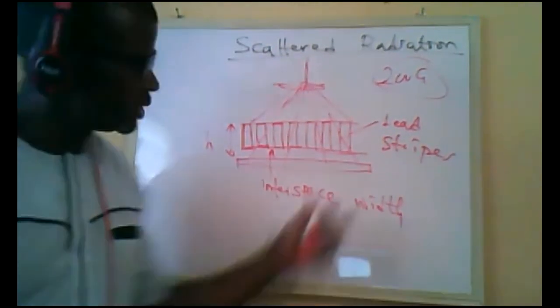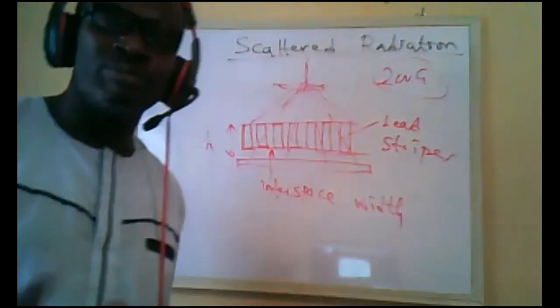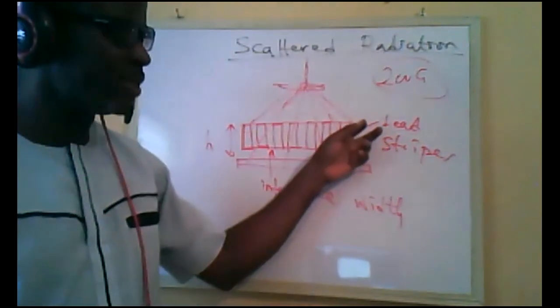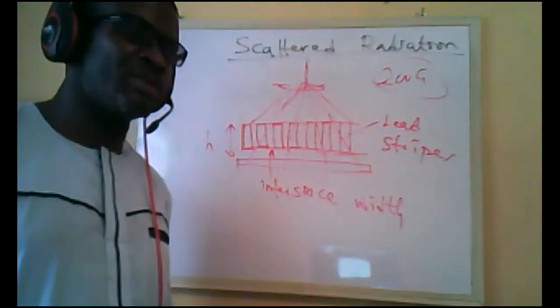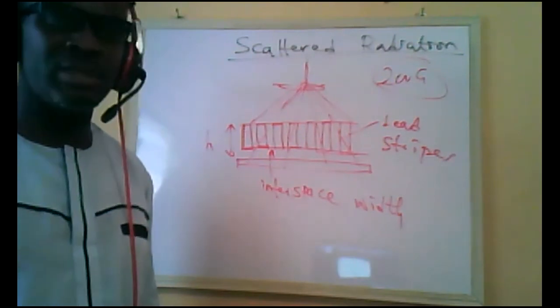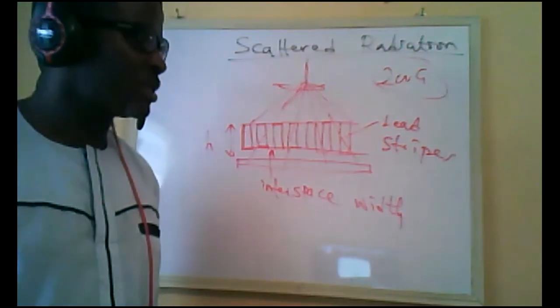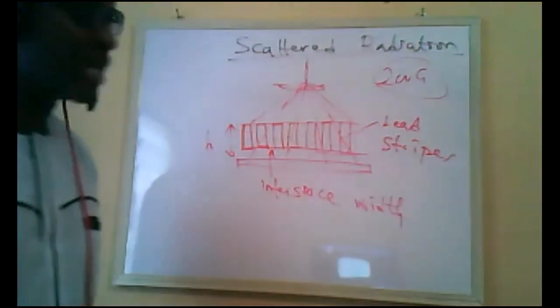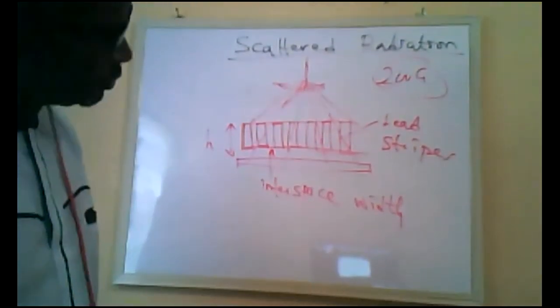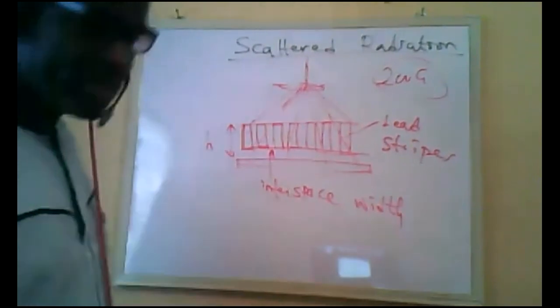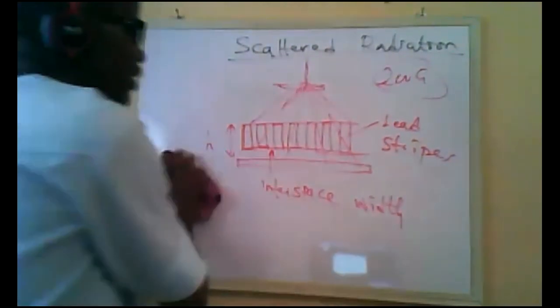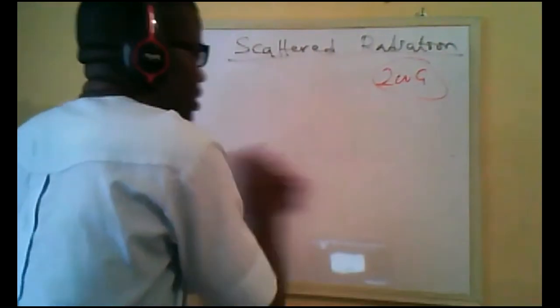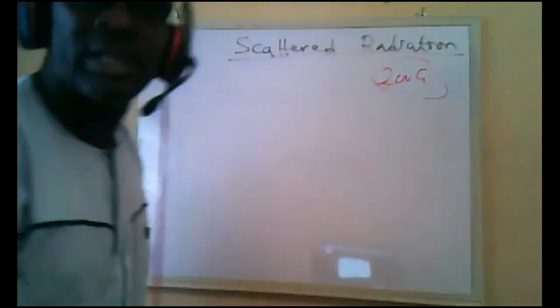So apart from this, we have some modalities like pediatrics. They don't normally use a grid when imaging pediatric patients, maybe infants. So it's usually advised to remove the grid and make use of other measures of reducing scatter. So with grids, there's always a particular term that